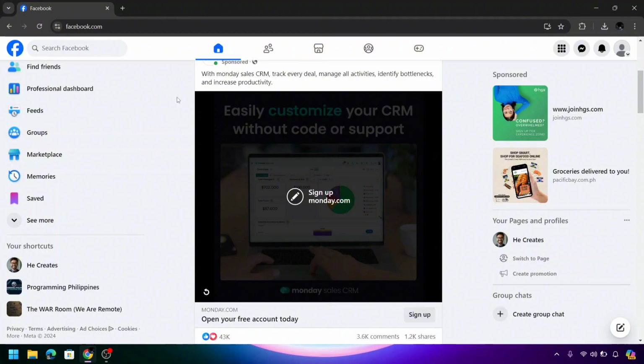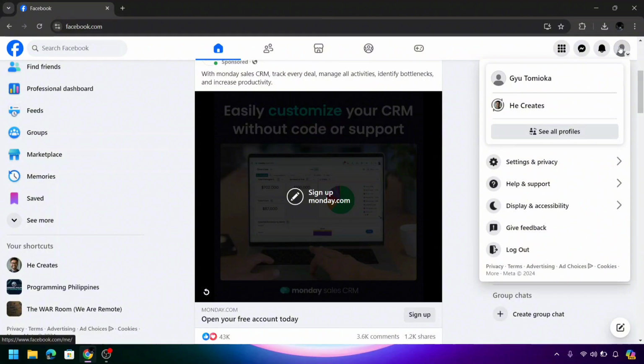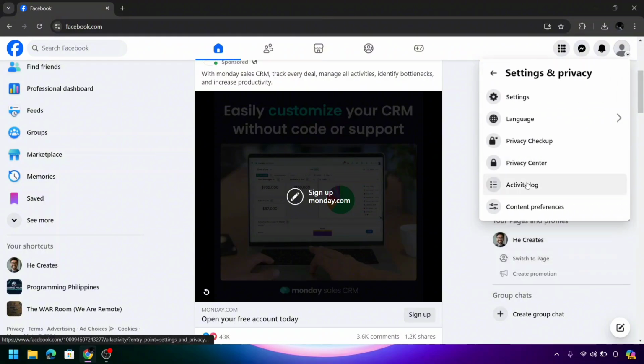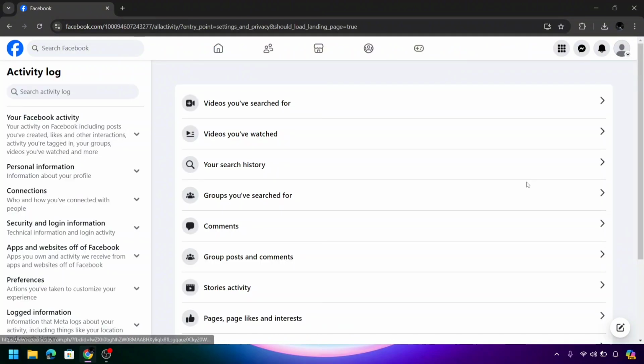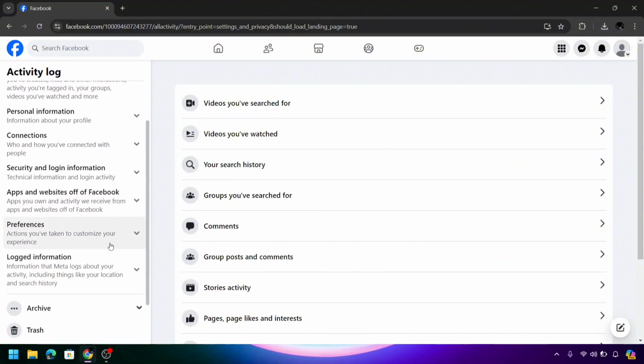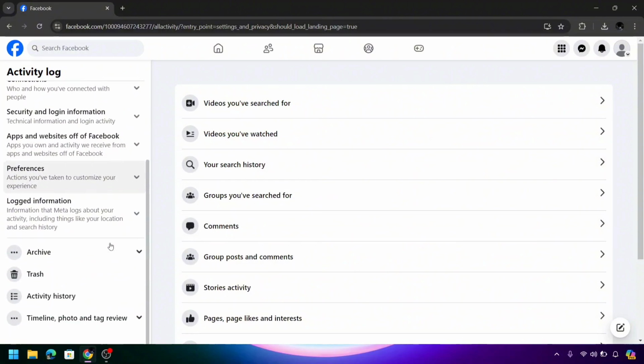First, head into facebook.com and then click on the profile icon in the right corner of your screen. After clicking this, click the settings and privacy and then click the activity log. After clicking the activity log, scroll down a little in the left side of the screen to find the activity